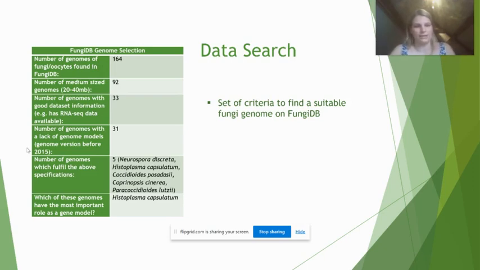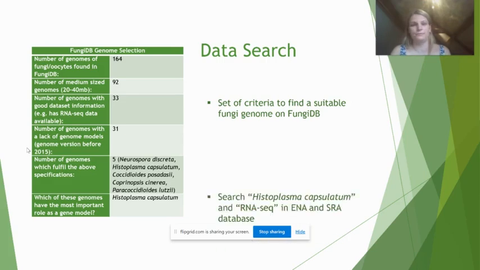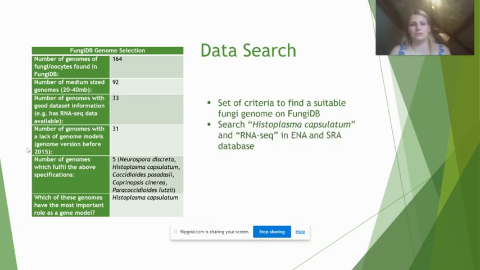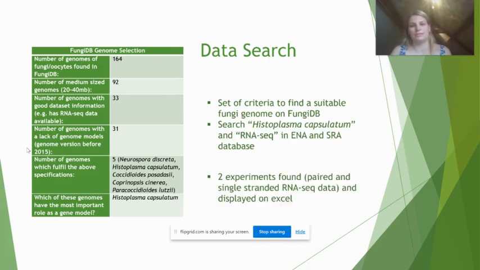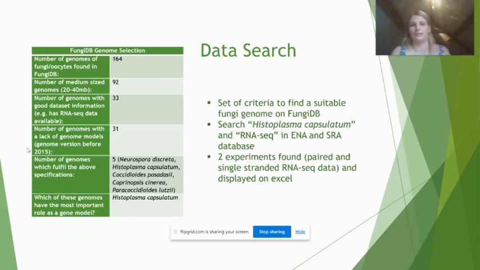I looked at these 5 fungi individually, and I decided that Histoplasma capsulatum had a dimorphic model, and it could be a model for disease pathogenesis. So I decided this was best to work with, and it had a version in 2005. I searched Histoplasma capsulatum and RNA sequencing data to find the RNA sequencing data from experiments, and I displayed this